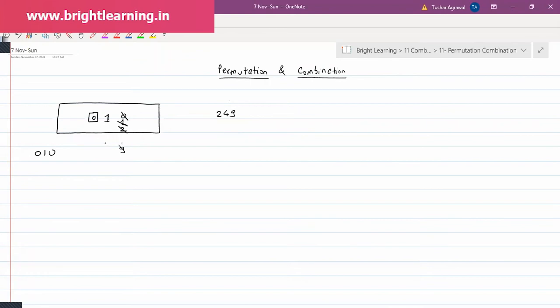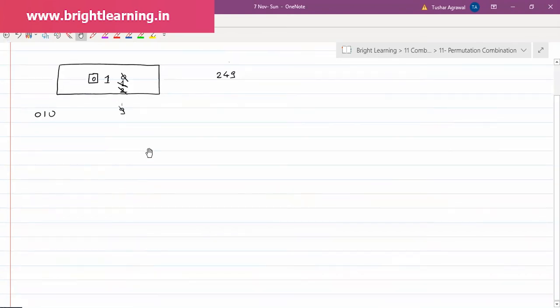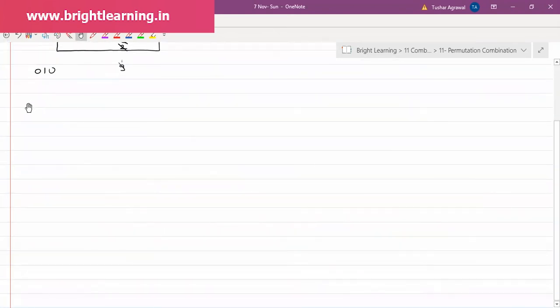Okay, so let's start with the basic one. Question number 1. Step by step, I will go on increasing the difficulty, and when needed, I will give you the formula. If I directly give you the formula, you will not realize the derivation of that formula. I want you to think over one or two questions yourself, and after that I will give you the formula. Okay, so the first question is,